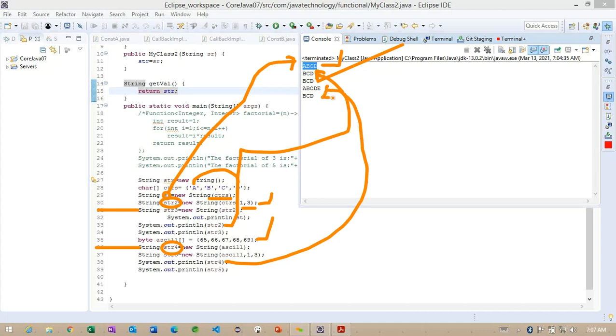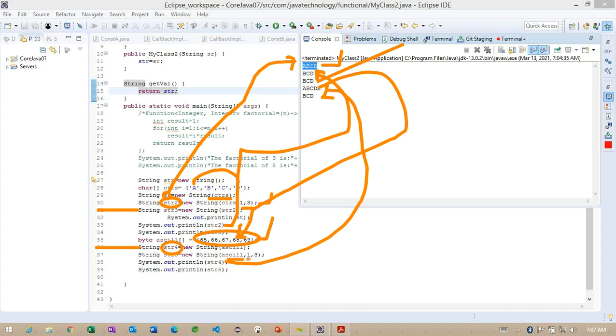But observe carefully, we are creating the byte array, but we are getting some character information, something called a string. So how are we getting this information? Because of this. As I explained here, these are the ASCII values. Each ASCII value internally is pointing to one of the characters here. So these characters are pointed to based on the ASCII value. Carefully observe, this is very important. Using this particular byte array, we are creating one string object here.